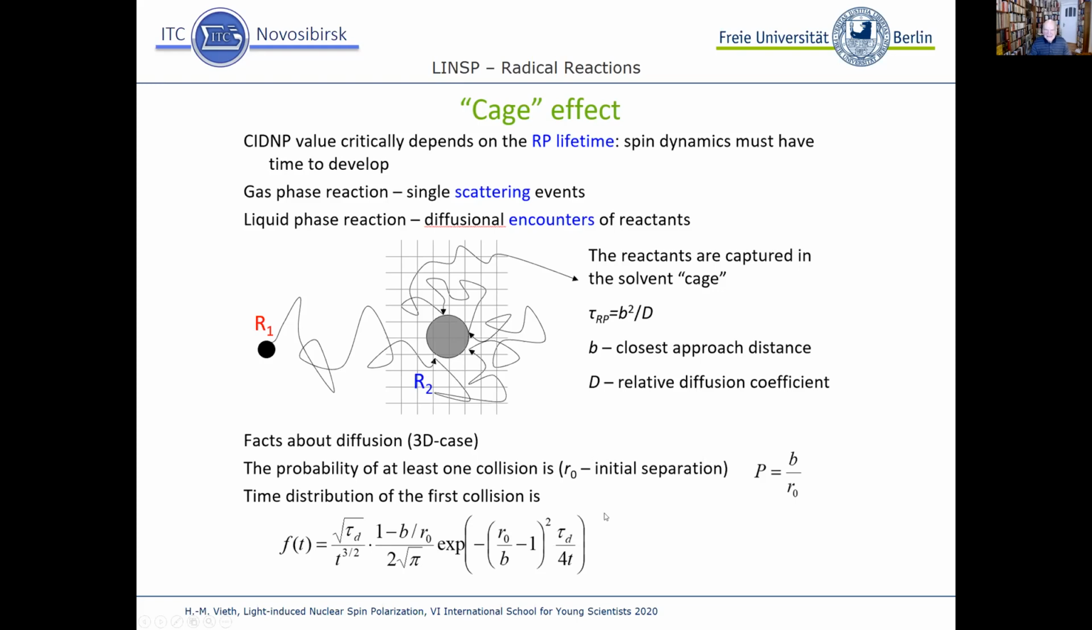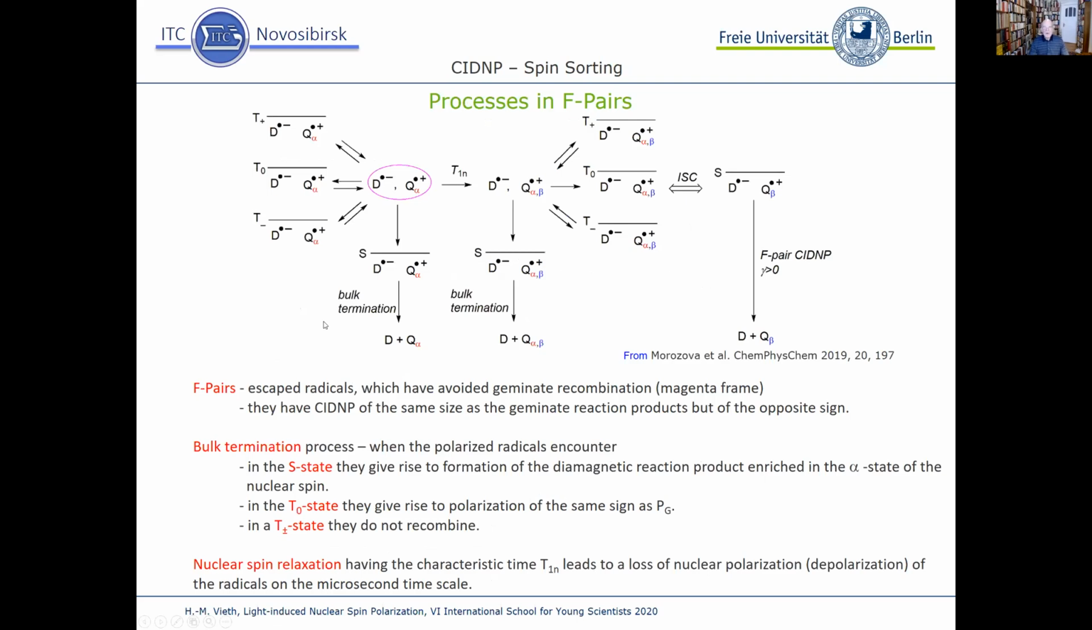And here in the very bottom, you see some formula describing the time for the first collision between the radical pairs by diffusive motion of the two spins. I don't want to go into more detail here, but what's important